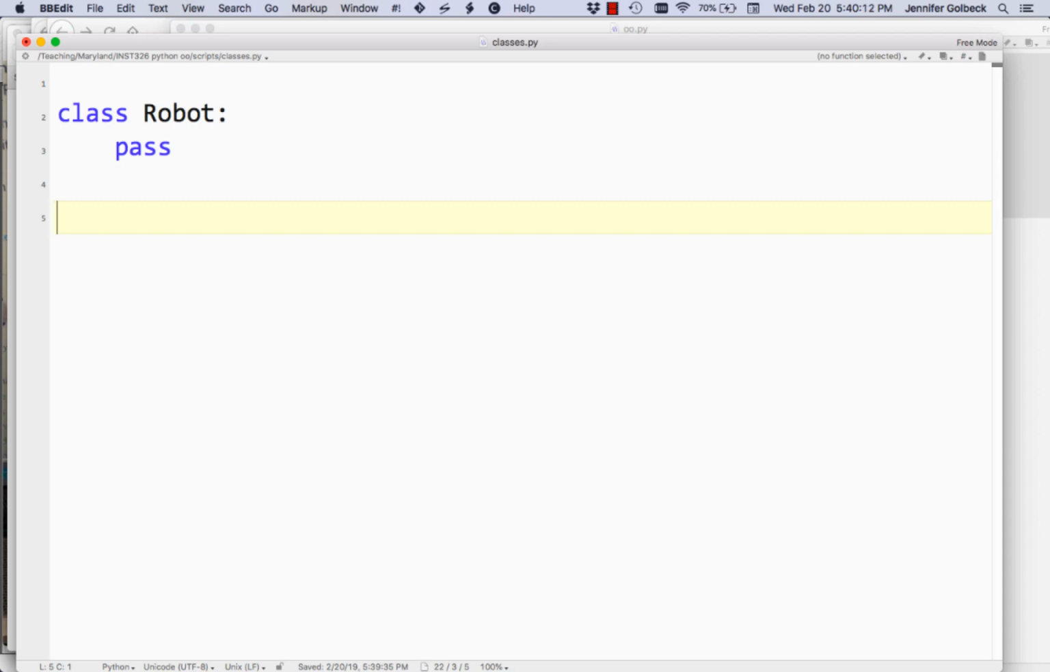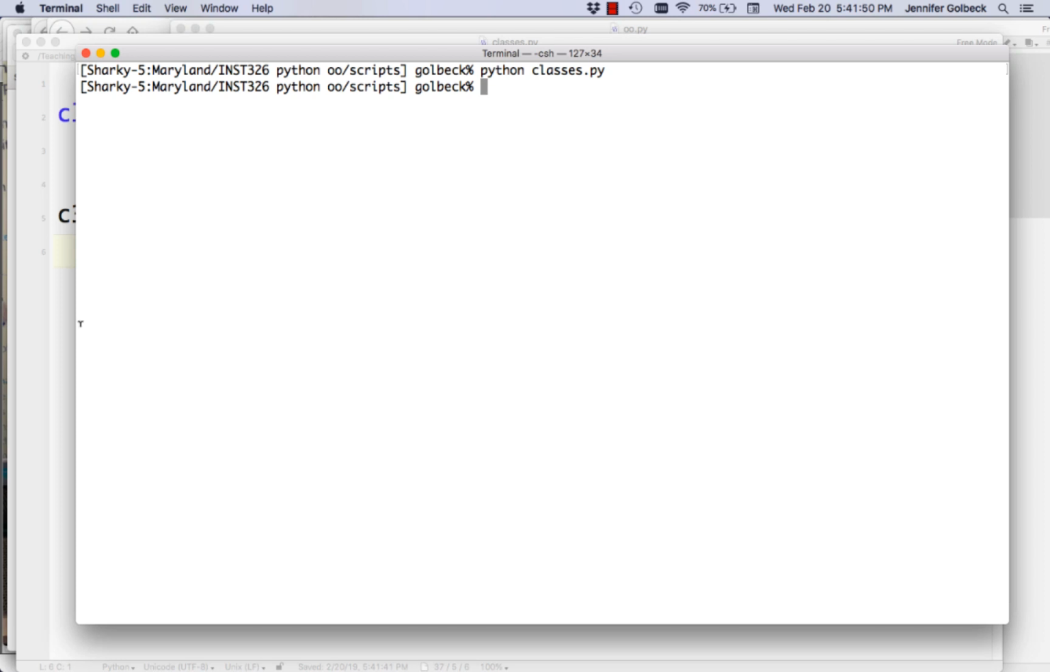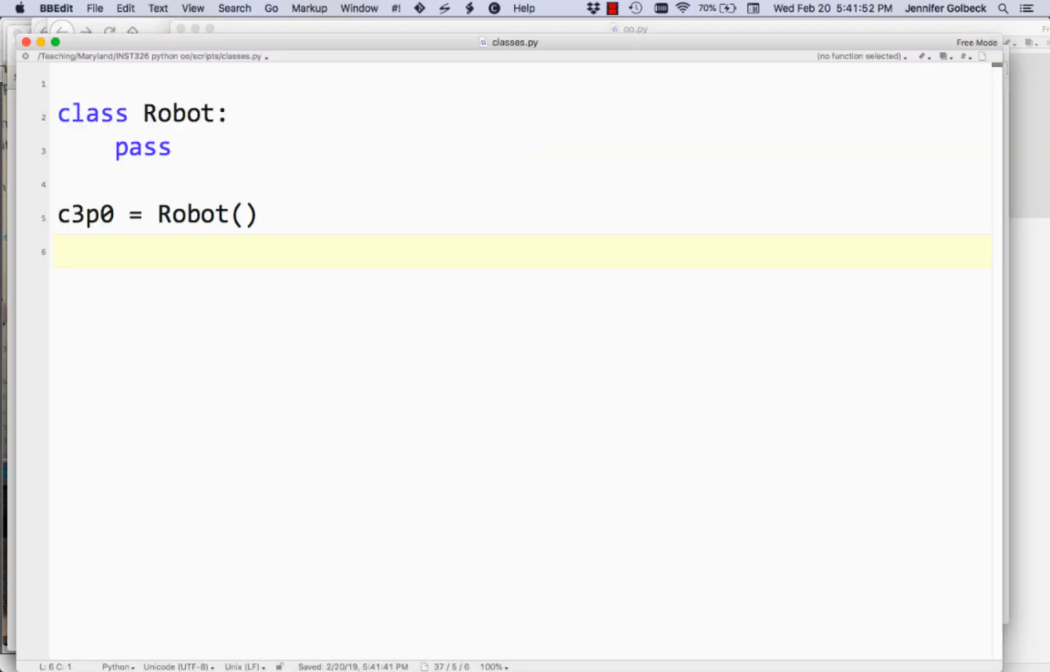Then if we want to create an instance of our class, we could give it a variable name, and then we use the name of the class with parentheses. This is basically creating an instance of the class here. Now, if we try to run this, nothing happens, but we're not getting any errors. And if we were to try to print that variable,